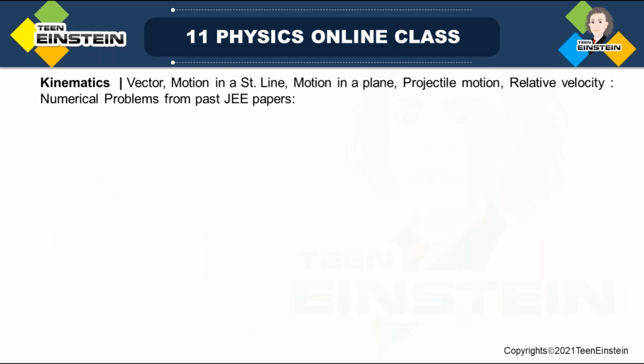I'll just write down the problem on the screen first, and then we'll try to solve that. This is a question from JEE Mains 2000. This is problem number 6. A particle is moving in a circular path